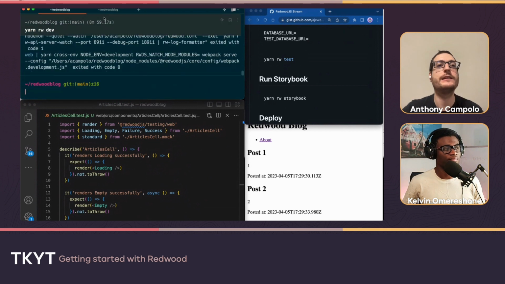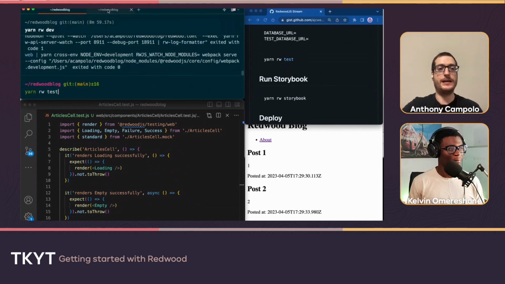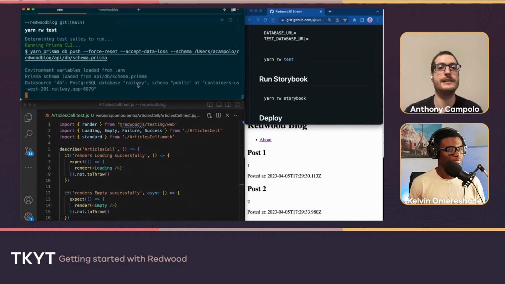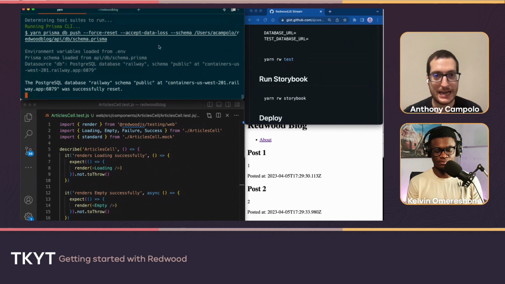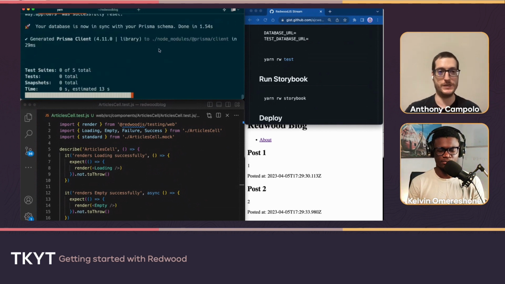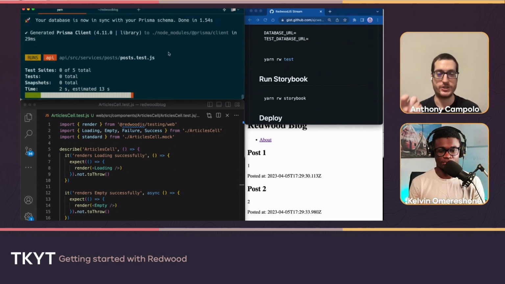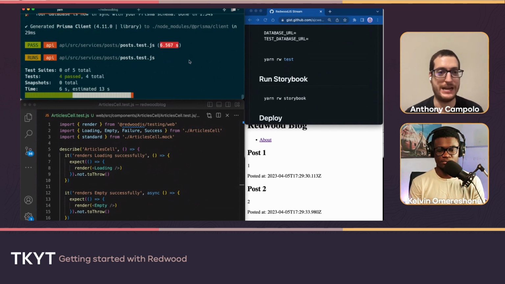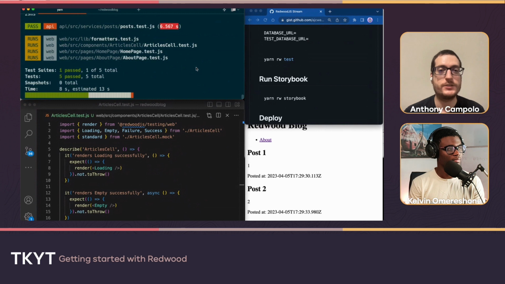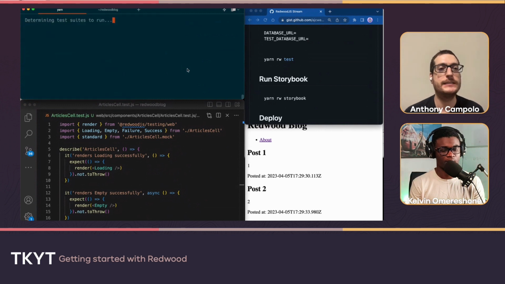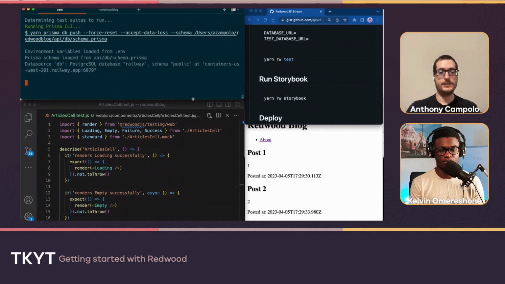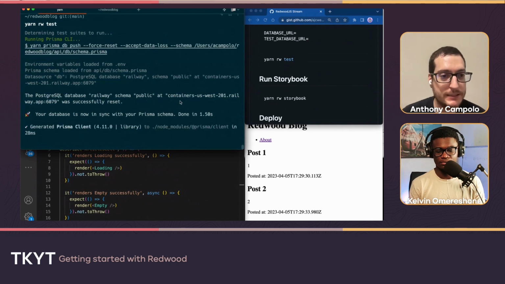Let me kick that off. If you want to actually run the tests, you do yarn rw test, and it's also going to test along with the database. This is why you want to make sure you have the test database set up, or else it's going to throw an error, because you don't want to run the actual tests on your production database.